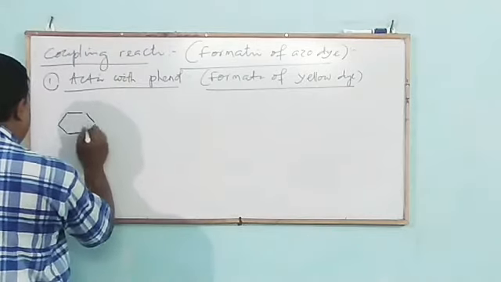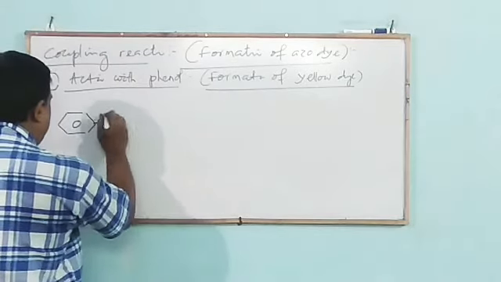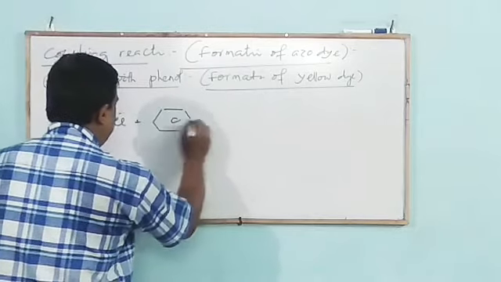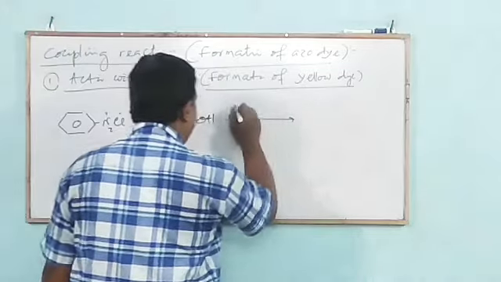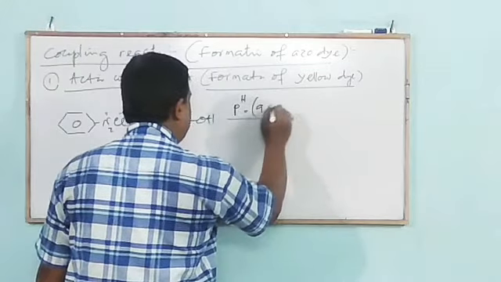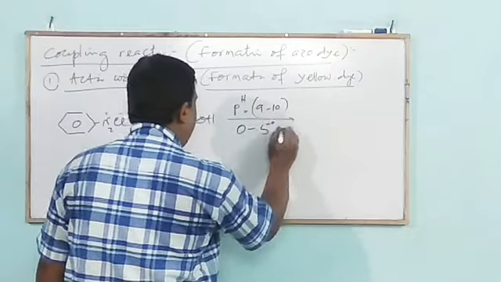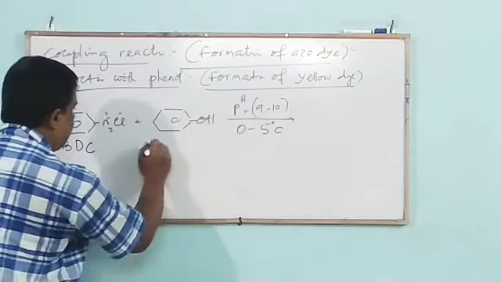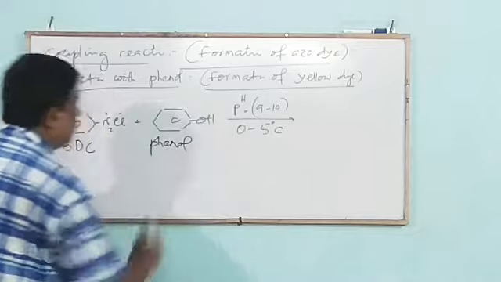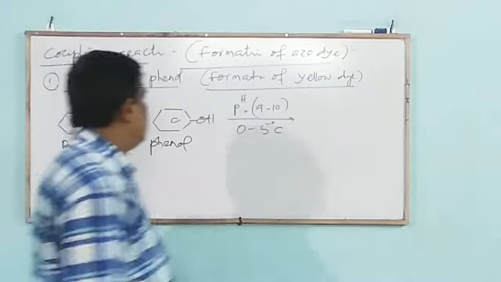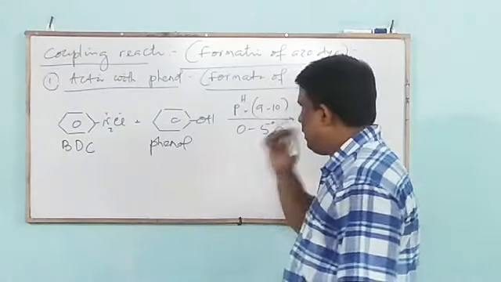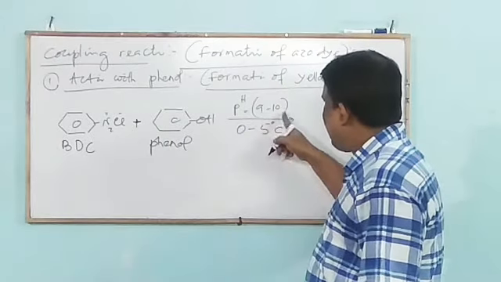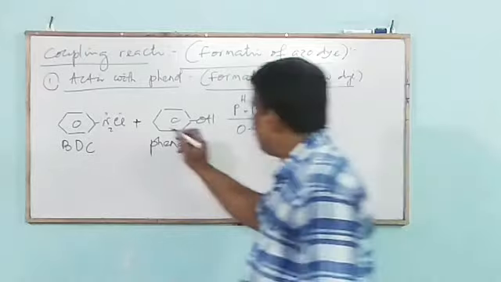When benzene diazonium chloride reacts with phenol in alkaline medium, that is pH equal to 9 to 10, at ice cold temperature. Its name is benzene diazonium chloride. Its name is phenol. When benzene diazonium chloride reacts with phenol in slightly alkaline medium at ice cold temperature, mark that,